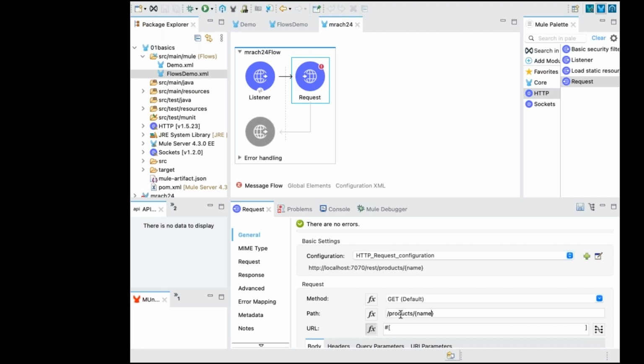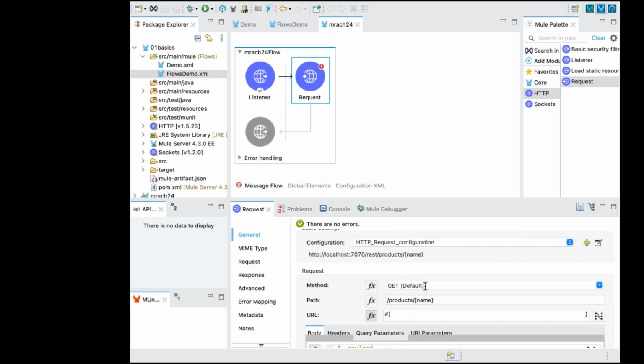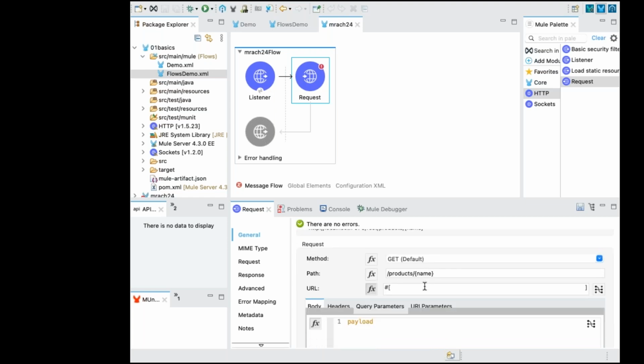Now just scroll it up. Right now, do you want to pass a URI parameter or a query parameter? Answer my question: URI parameter.